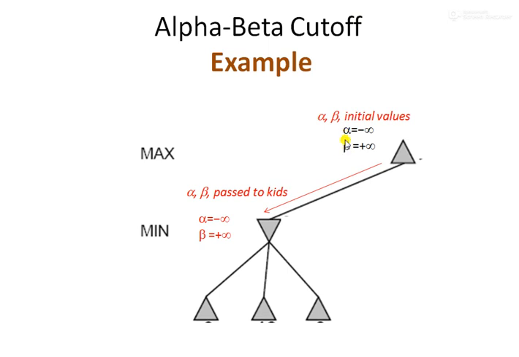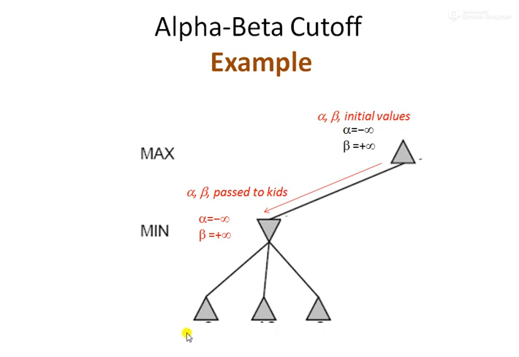So this alpha and beta value will be passed down to the children. In this case, the upper triangle is for max for the time being and this lower triangle is for min, okay? So the alpha beta value is passed, now min has this. Suppose we want to evaluate the value. So what is the evaluation value?